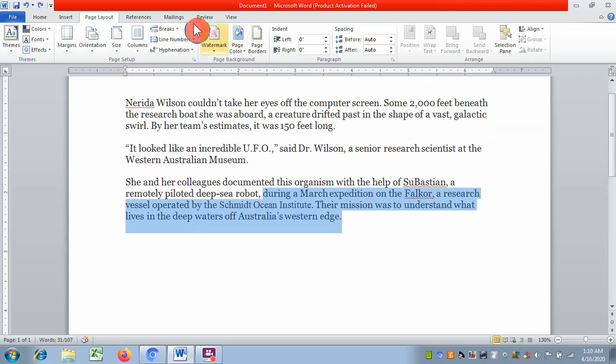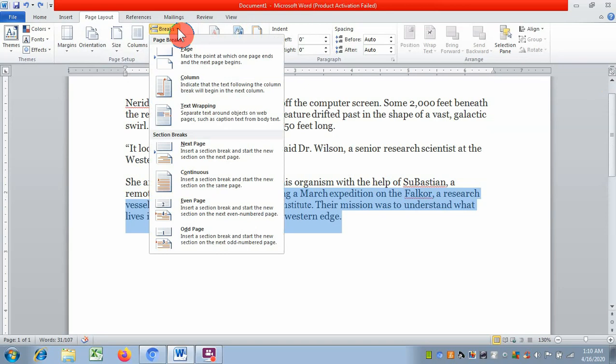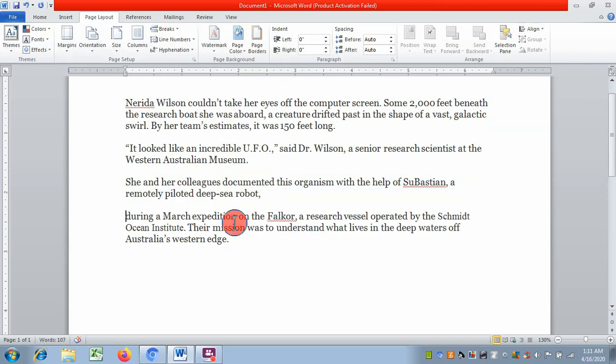Now suppose I want to section break this particular content. Click. Now you can see this section, which was in continuation with this paragraph, has now come to a next section.